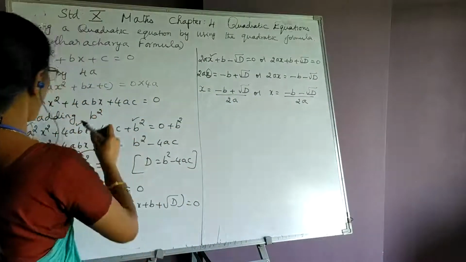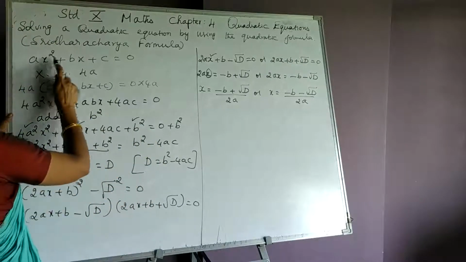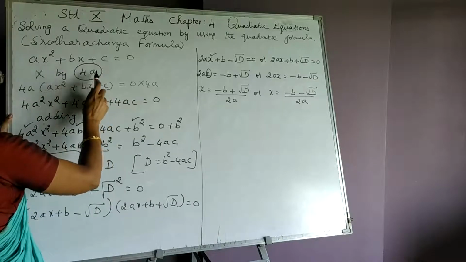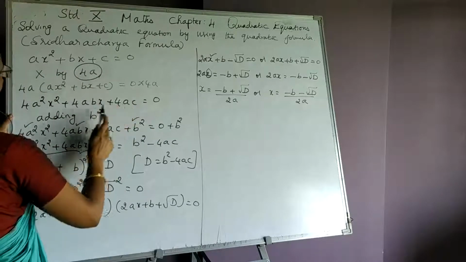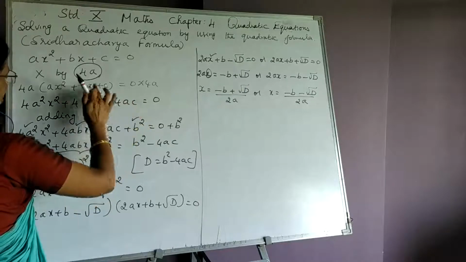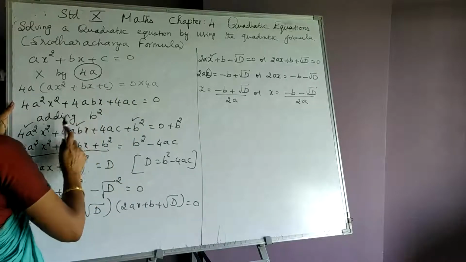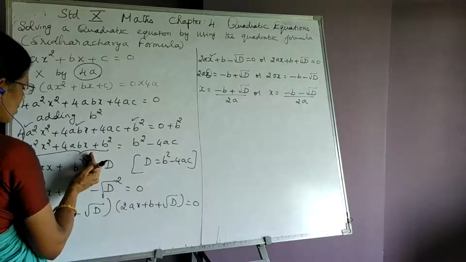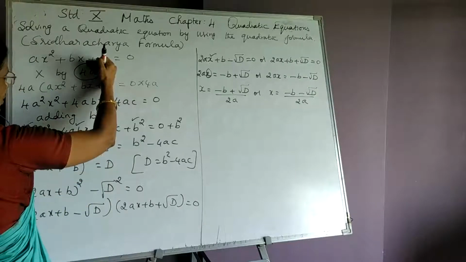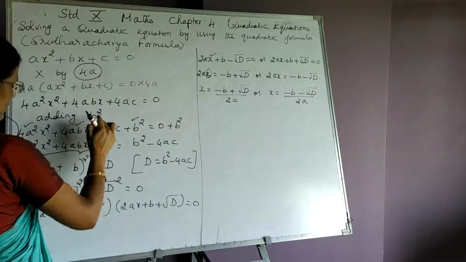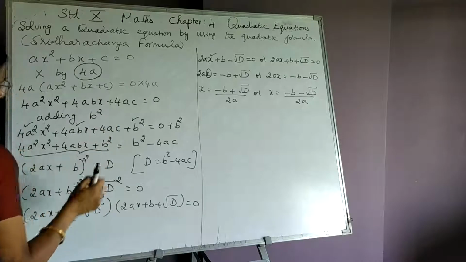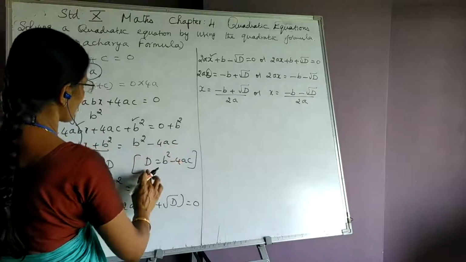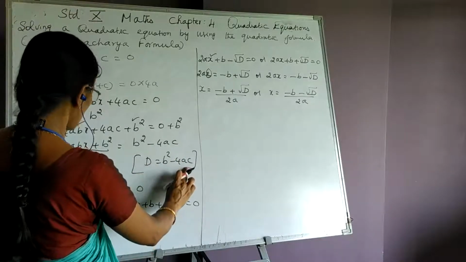So let us understand how it is derived. This is the standard form of the quadratic equation. This term we should remember. What is the multiplier taken? 4a. Taken on both sides and multiplied, we got this step. After multiplying by 4a, remember b square should be added on both sides in order to make a whole square. Just to make this a whole square, we choose the suitable multiplier 4a, and the term added is b square. So this we got here. For simplicity, we have taken this as a substitution d. D is equal to b square minus 4ac.